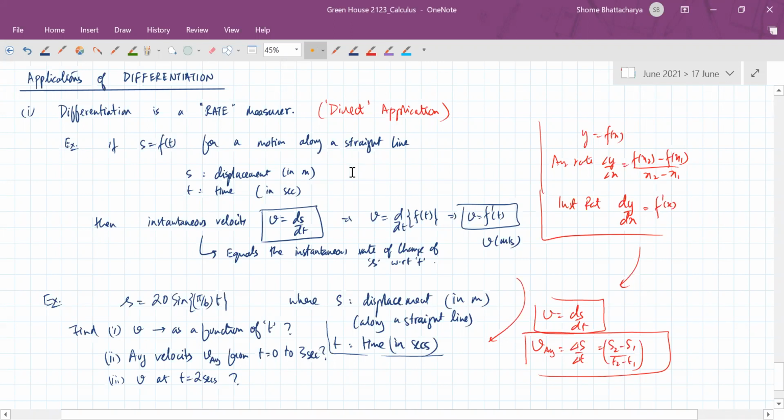Having understood this and written this down, next you can start applying that to this particular function. Here s is displacement, t is time. So displacement is given as a function of time. Just try out this question after noting this down. I'll explain the